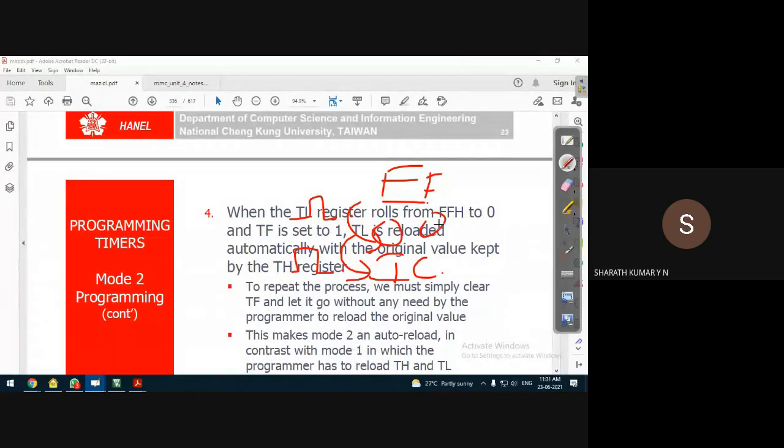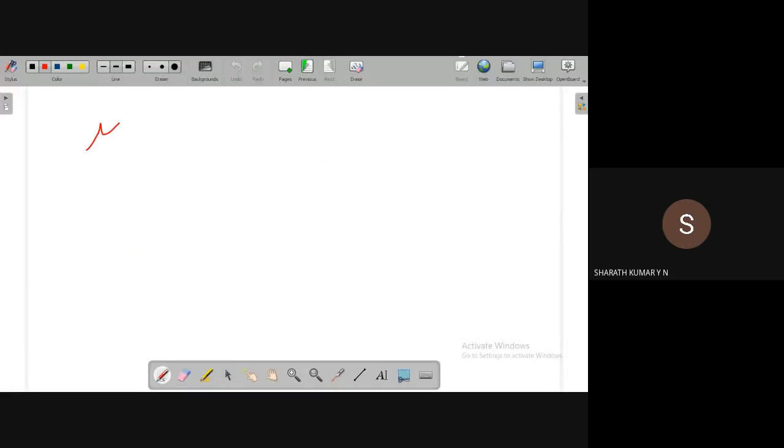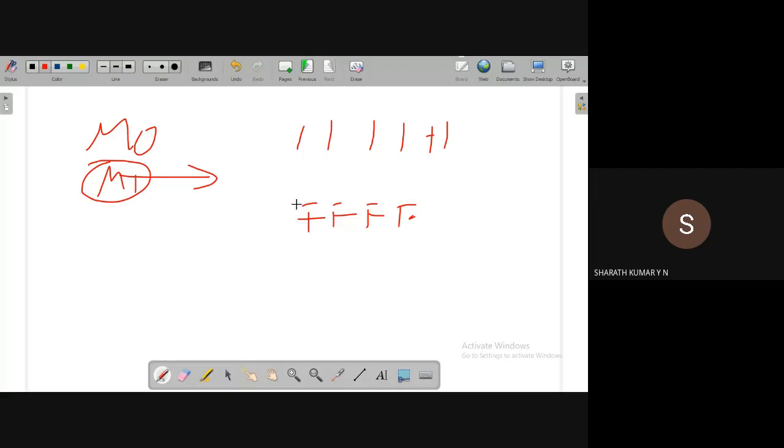So it always rolls over to 00H, just like mode 0 as well as mode 1 operation. The counter will reset to 00. But in the other modes of operation, the difference is what happens if you continue to apply the clock pulse. Let me take an example. In mode 0 or mode 1 operation, when it reaches FFH, no matter what the initial count is, let us say 1111H, on the application of the clock pulse it will reset to 0000. On the next clock pulse, the count increments. It continues to count in mode 0 or mode 1 operation.